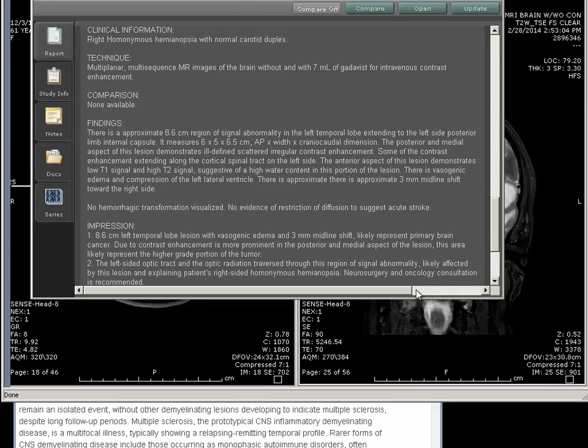Today I'm going to talk about a case that's very interesting. The patient presented with, I think, a maybe 60-year-old lady, presenting with right side homonymous hemianopsia with normal carotid ultrasound. This is my MRI report. I'll show you the MRI